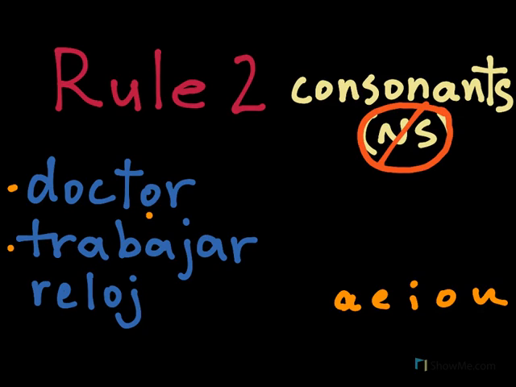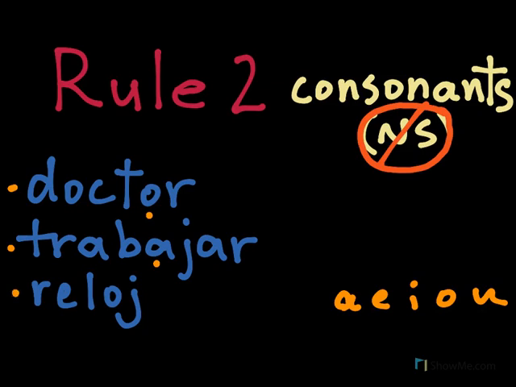Trabajar. The same rule. It ends on a consonant, not N, not S. In order not to have the written accent, the stress should fall on the penultimate, or the second in this case, syllable, and it does, and that's why the word does not have the written accent. Reloj